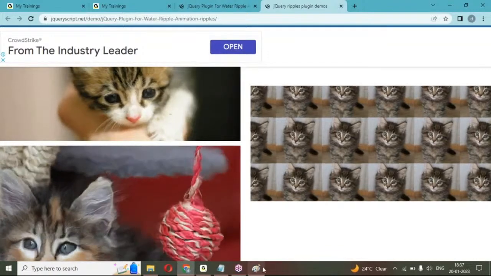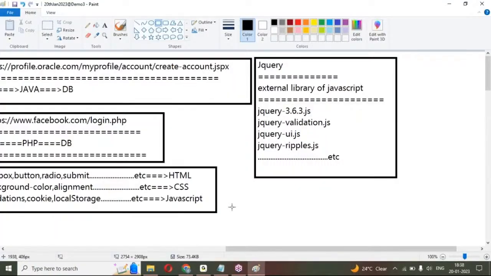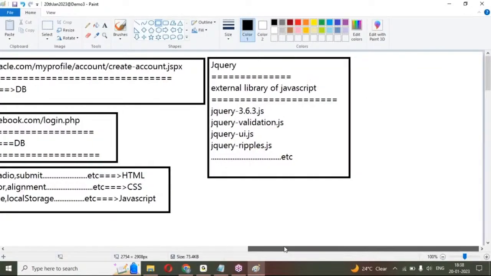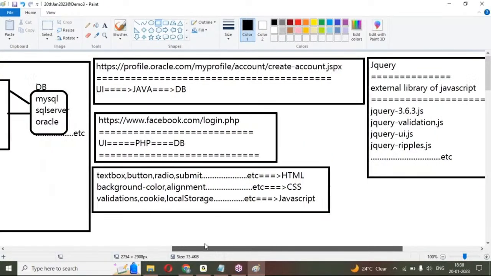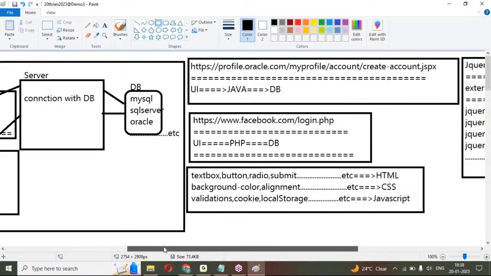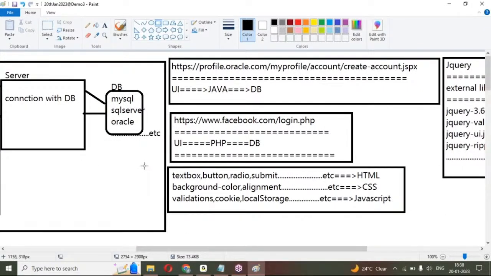Like that, I'll explain the use of each one. Rippling, water wave, all these effects we'll see under jQuery. Up to now, we discussed HTML: buttons, radio buttons, text boxes, submit buttons. The total content of the web page is by HTML. Background colors, borders, and alignment are by CSS. Validations, cookies, and local storage are by JavaScript. These we can create in our UI programming, where we are going to create text boxes, buttons,